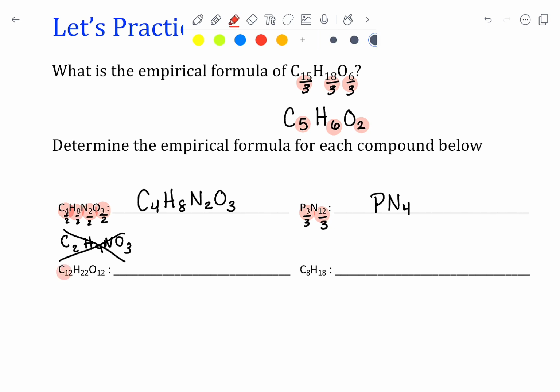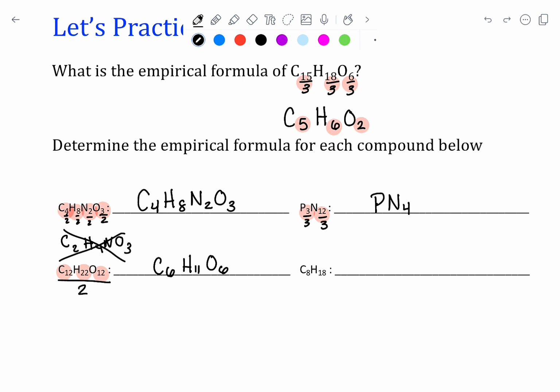Our next example is C12H22O12. Okay, we could try dividing all of these by 12, but we can't divide 22 by 12. That does not give me a whole number. So that's not possible. So let's erase that. So if we look at these numbers, we can see that they're all even, so we can try first simplifying by 2. So we would get C6H11O6. And we can see from there that I can't simplify 6, 11, and 6 any further. I can't take 6 and divide it here, because whatever I do to this one, I'd have to do to that one. But that does not give me a whole number. So our empirical formula for that is then